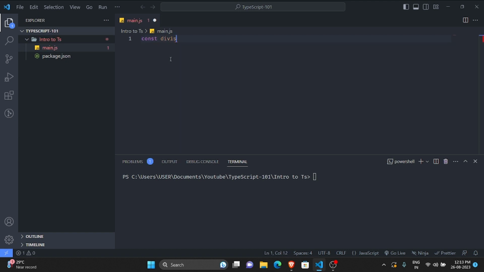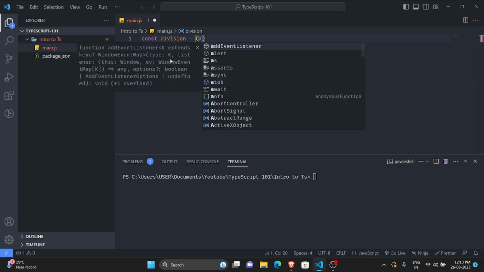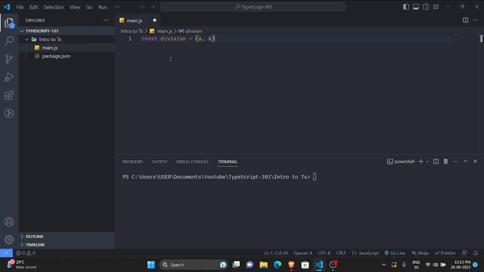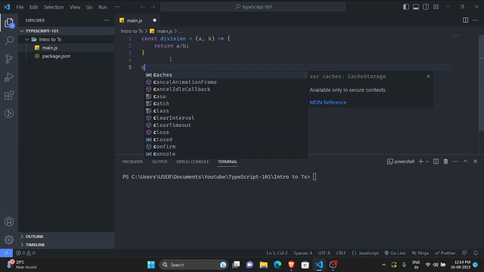Let me define a function called division. So this division function will take in two parameters and it will return the value of a divided by b. Okay, and here since it's an arrow function, put an arrow here,